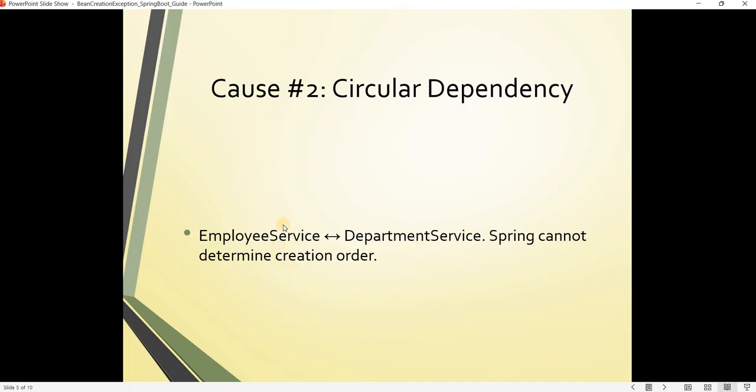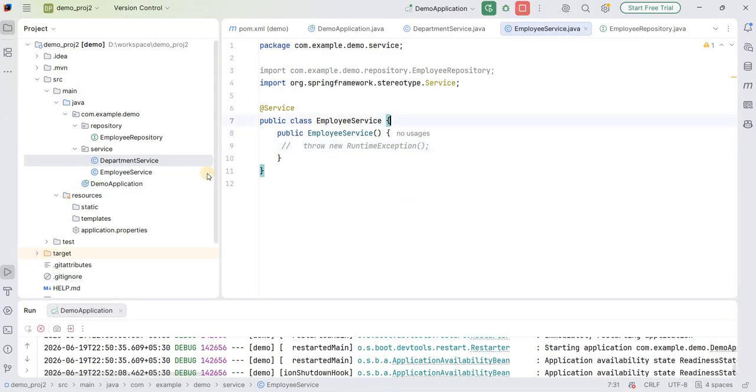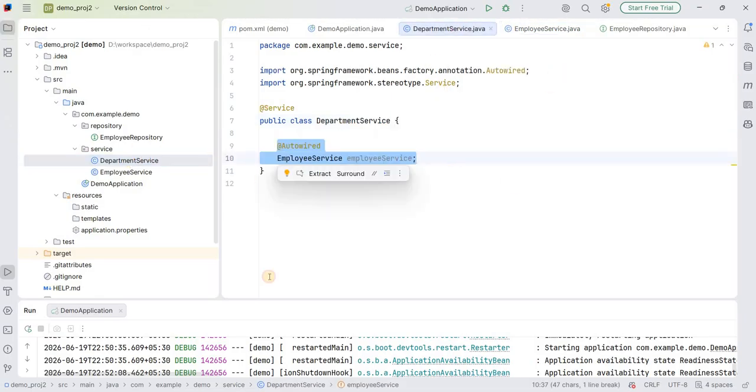There is a circular dependency between these two classes, and the Spring container will not be able to understand which bean instance has to be created initially, either the employee service or the department service. Let us go to IntelliJ and check whether we are going to get the same exception or not. Here is the department service. We are defining the employee service as a dependency inside the department service,